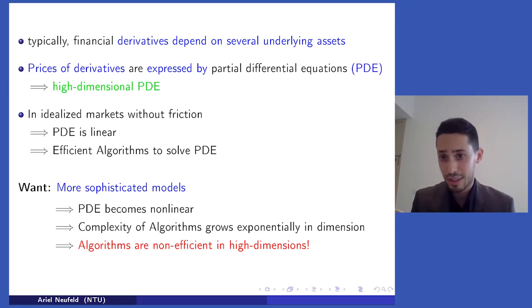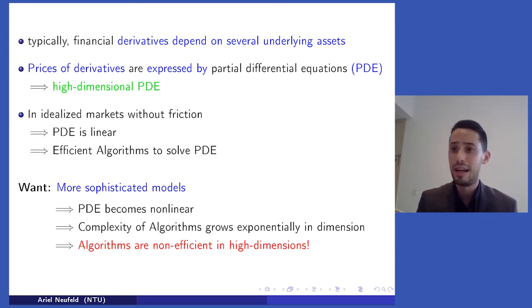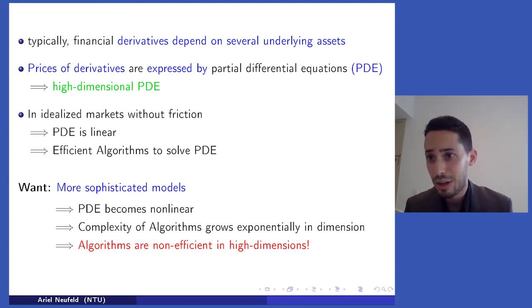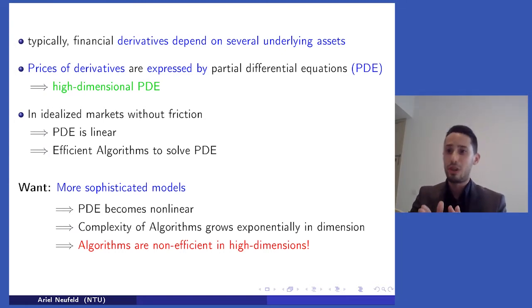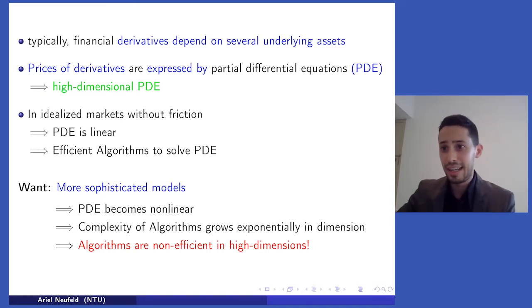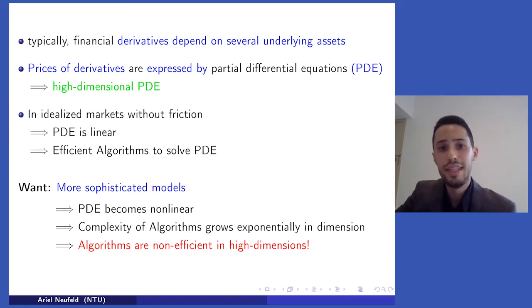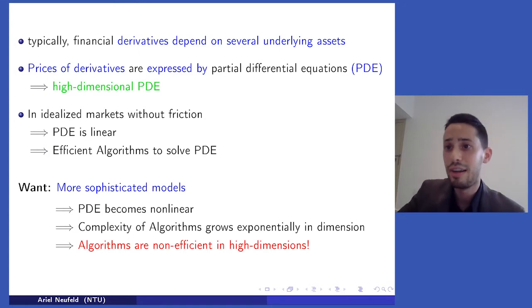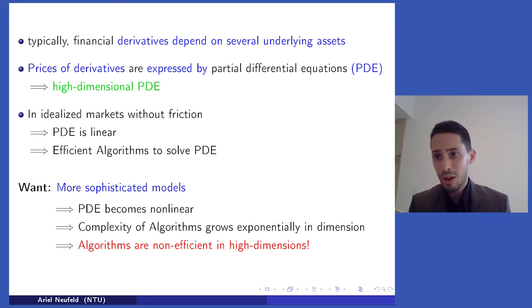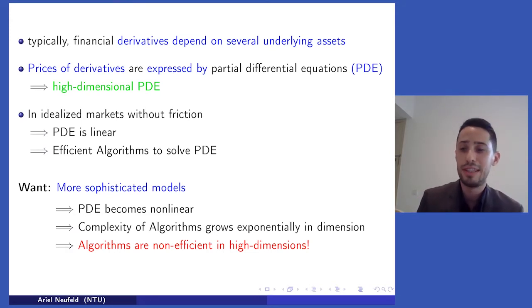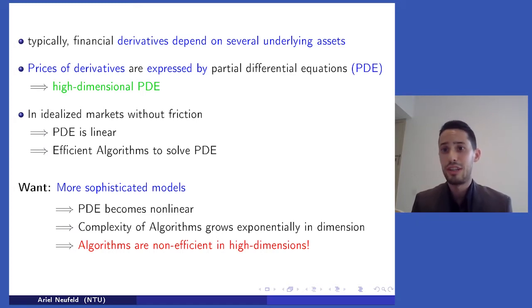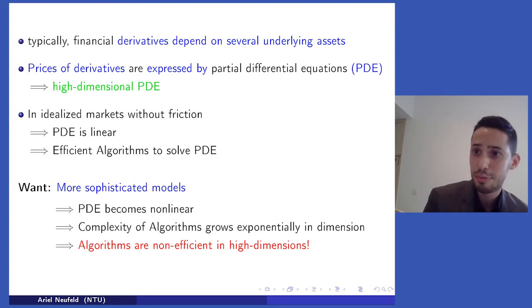So the dimension of the corresponding partial differential equation, to be a little bit technical, is typically a parabolic partial differential equation, which depends on time and on space. Time t, the current value of the price, and x, the current value of the corresponding stocks. The dimension of the PDE corresponds to the number of underlying assets in which the financial derivatives are involved. So typically we have financial derivatives which depend on a large number of financial assets. You have a corresponding PDE which you want to solve, because this expresses the prices,